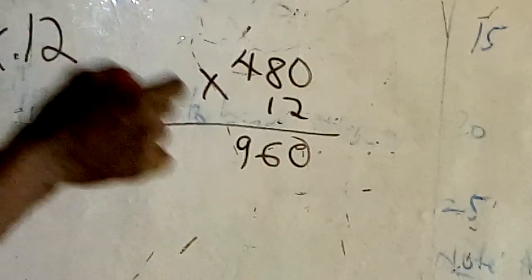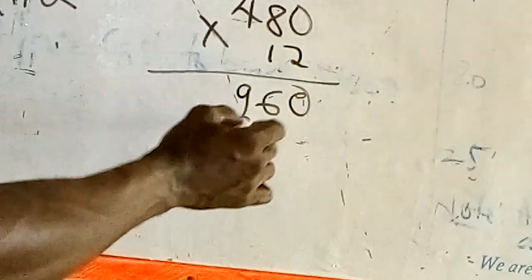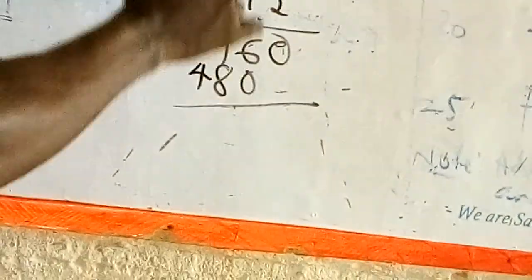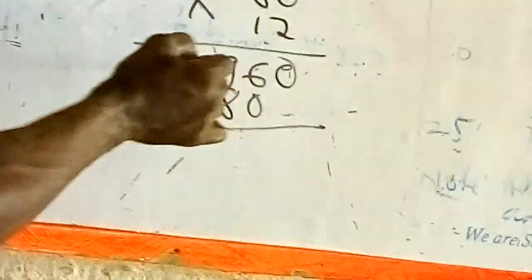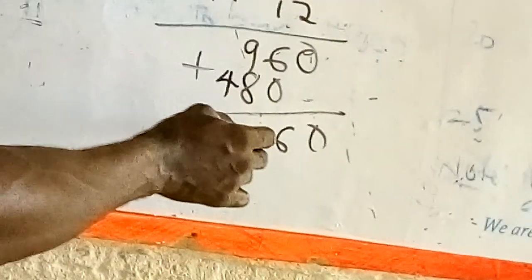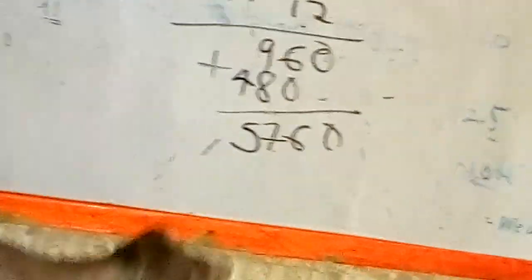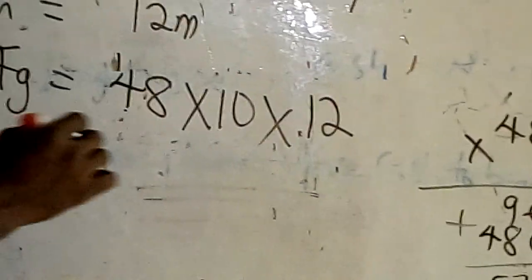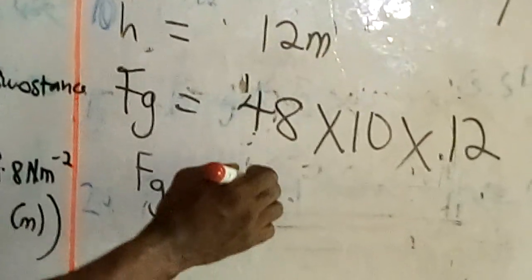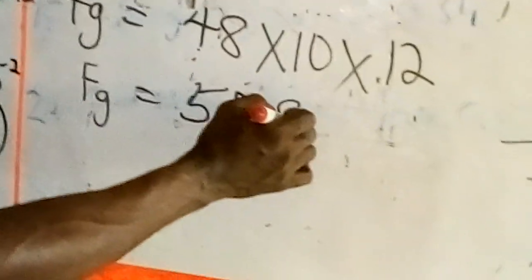Now we have 480. That is 1 times 0, 1 times 8, and 1 times 4. So we'll add everything together. We have 0, we have 6, we have 8 plus 9 is 17, so I can carry 1 as 5. So we have 5760. That means our force of gravity is equal to 5,760